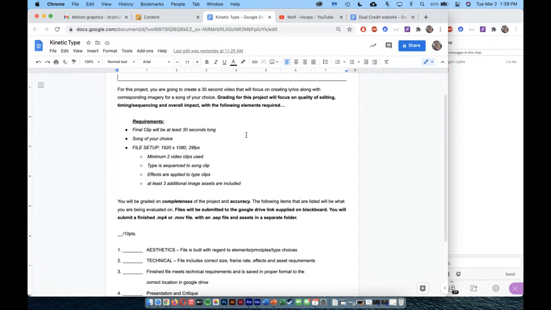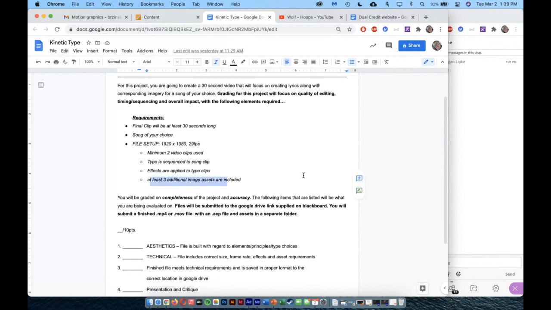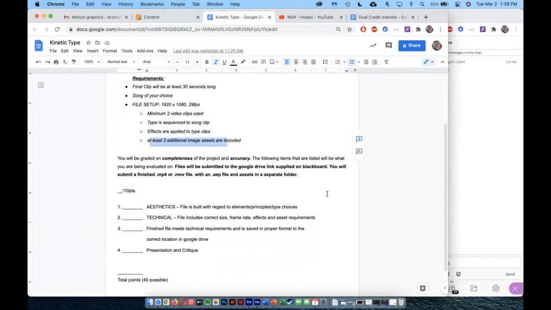Now, as far as requirements, your final clip, again, will be 30 seconds, song of your choice. For file setup, this will be a 1920 by 1080, 29 frames per second. You'll need a minimum of 2 video clips used. Your type will be sequenced up to the clip. There are effects applied to all your type clips, and you'll need at least 3 additional image assets or video are also usable. As far as how you're going to be graded on this, it's a standard: the aesthetics of how it looks, the technical of how it's built, that it's got all the correct submission, and then as far as a presentation or critique, what I do want to do is take a little bit